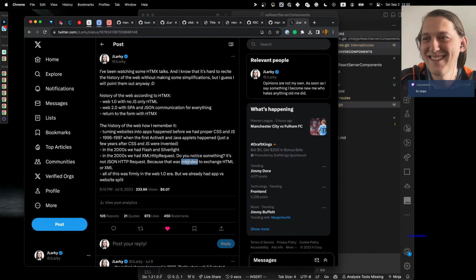I agree that this is a thing, but I also think it's an approach that works for a lot of stuff, and of course something like LiveView is going to be more, how do I say it,